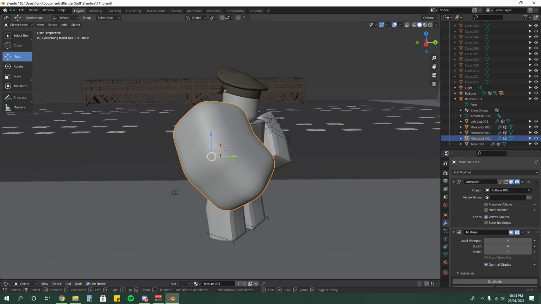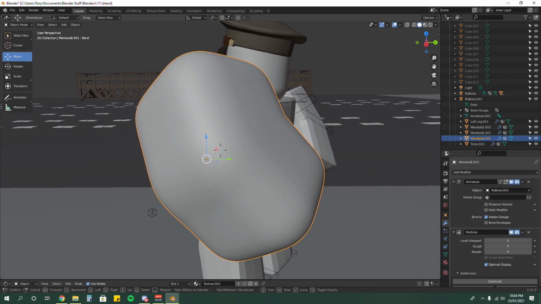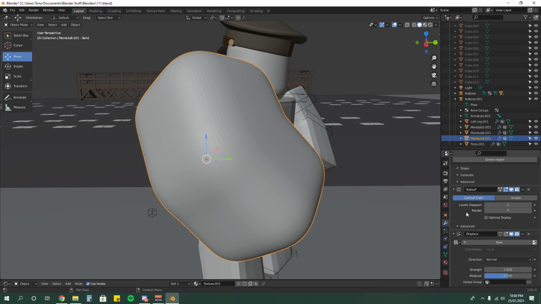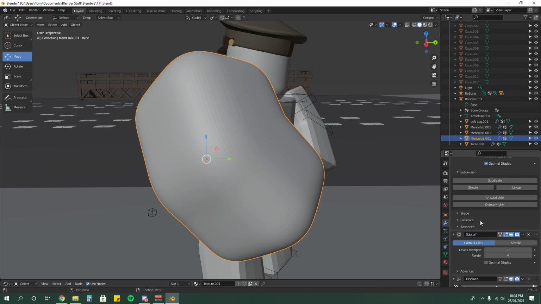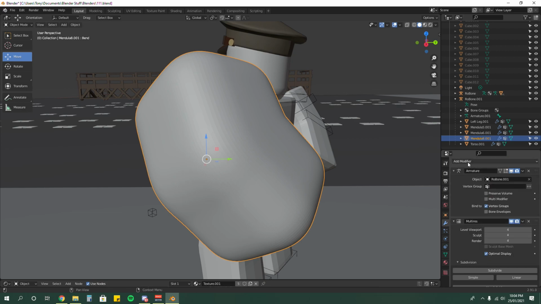Oh, look at this. Oh, what's happening? Oh no, you made a mistake, boy. No, I did not make a mistake. You just need to do some modifications. I'll make sure it's the gear if you can't find it. The gear icon, then add modifier.